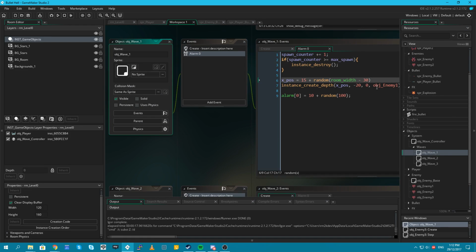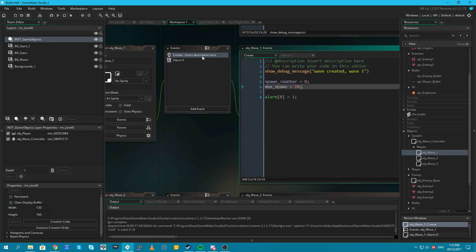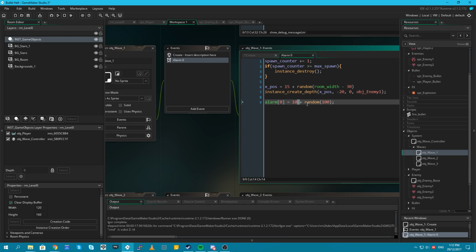Now we're going to do a bit of balancing. So it's probably going to get a little bit more boring from this point onwards because we're just going to be playing with the numbers here. I think the number of enemies that was created was not enough. We want 20 enemies. I think the time that they came out was a little too fast. So let's set this to 30 at minimum and 150 at maximum.